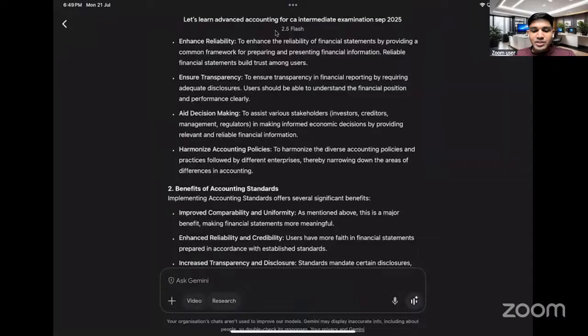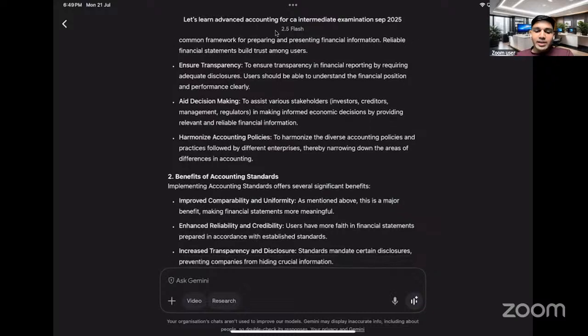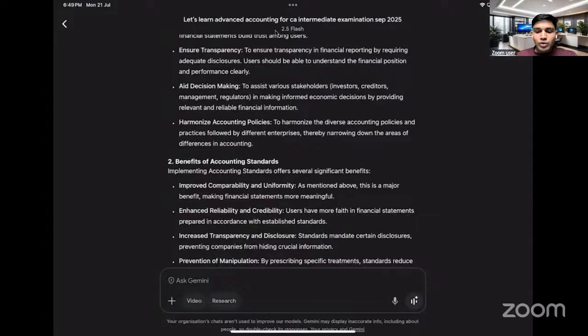Ensure transparency. To ensure transparency in financial reporting by requiring adequate disclosures, users should be able to understand the financial position and performance clearly. Aid decision making, to assist various stakeholders like investors, creditors, management, and regulators in making informed economic decisions by providing relevant and reliable financial information. Harmonize accounting policies, to harmonize the diverse accounting policies and practices followed by different enterprises, thereby narrowing down the areas